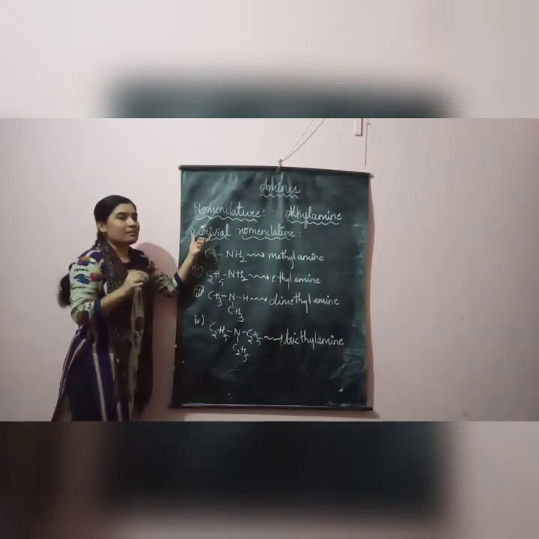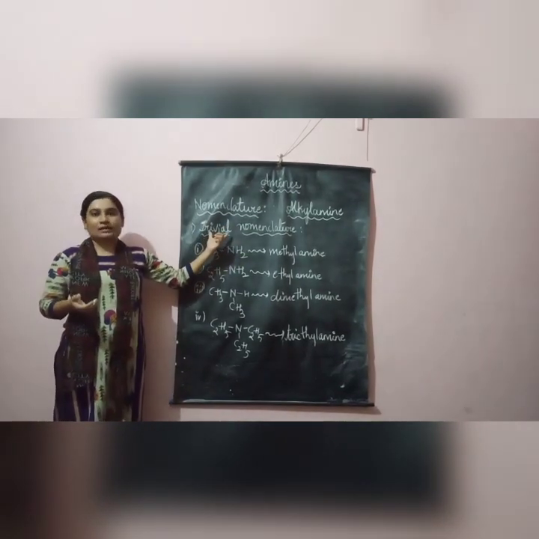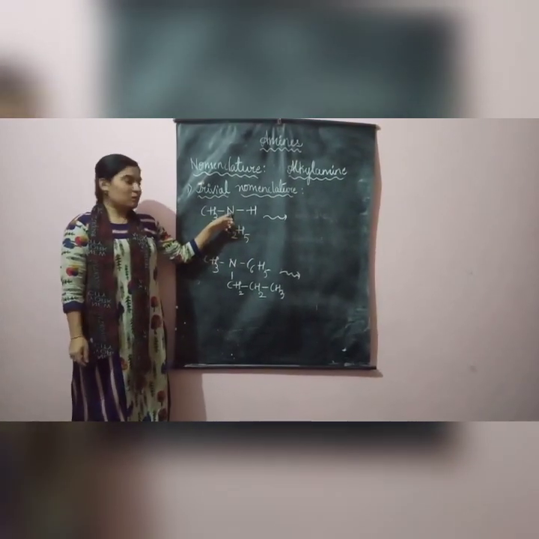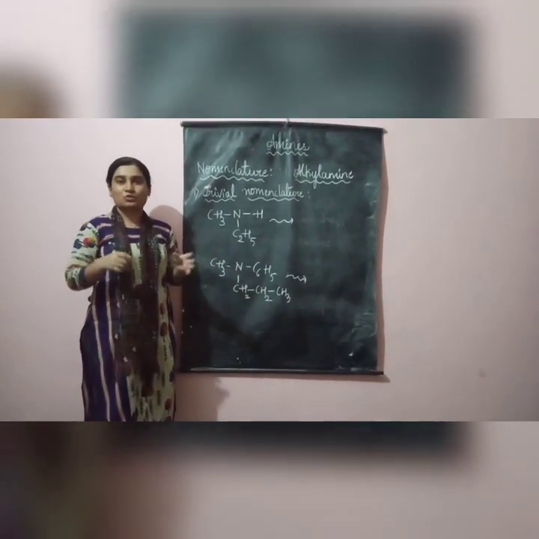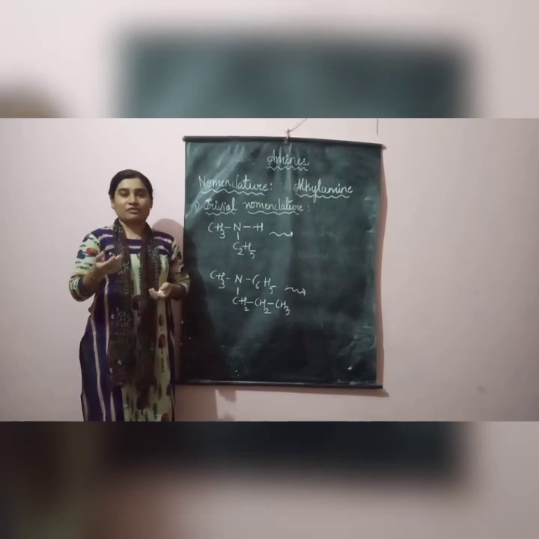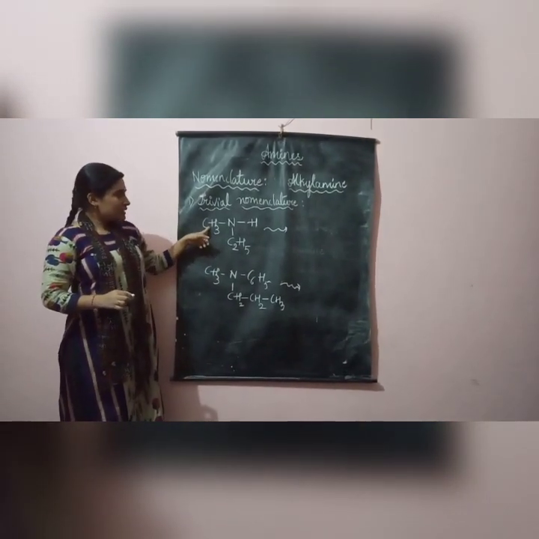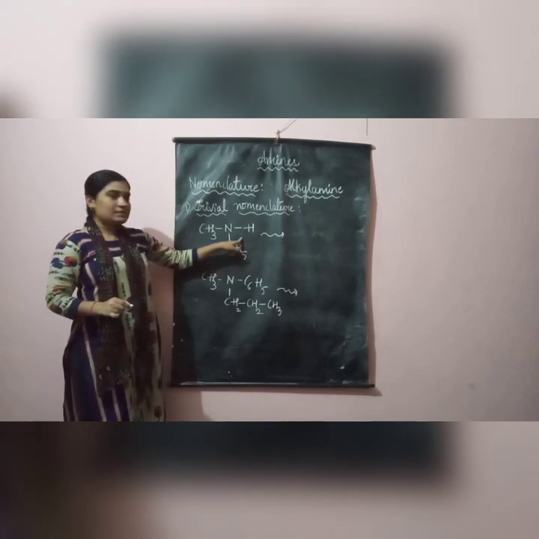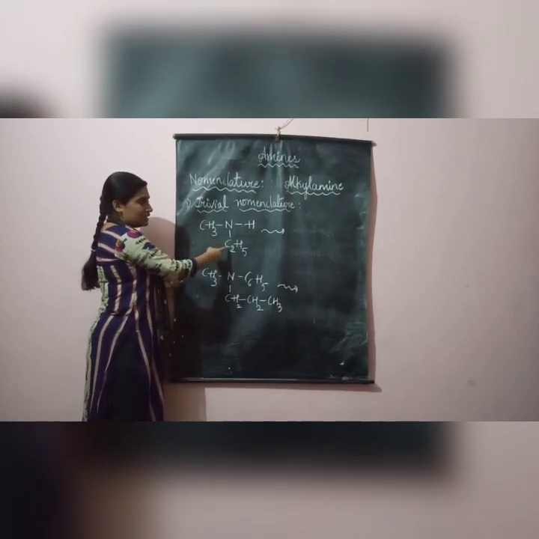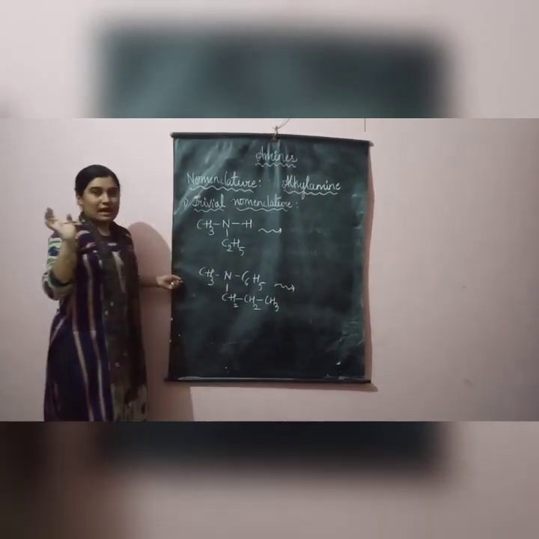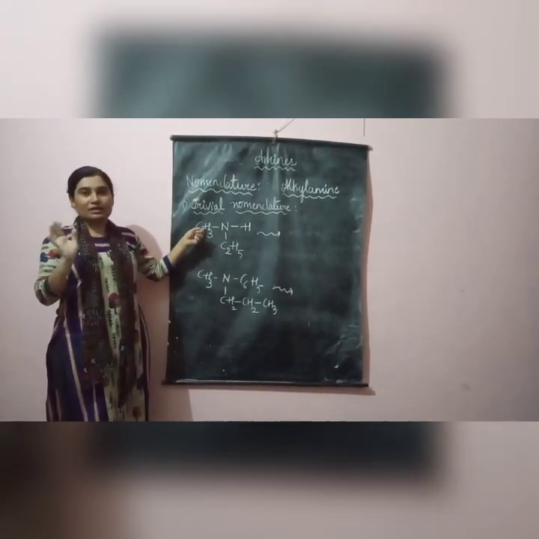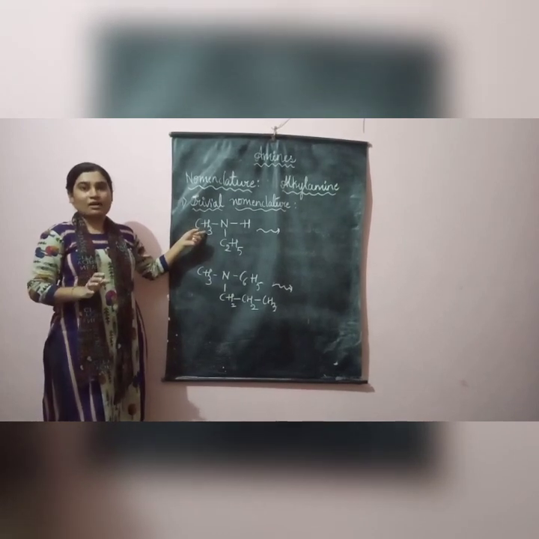So this is how we will be naming the amines commonly. Till now what we have learned? The N atom was attached to the same type of groups. Those were simple amines in which the alkyl groups taken were both same. Di could be used, tri could be used depending on the number of times it appeared. Now look what I have written. CH3, NH, C2H5. Yes, it is a secondary amine. Now what are you finding? Two different groups have attached. One is CH3, another one is ethyl. So I cannot use the word di and all now. Why cannot I use di, tri or anything else? Because these both groups are different. So I cannot make use of di or tri.